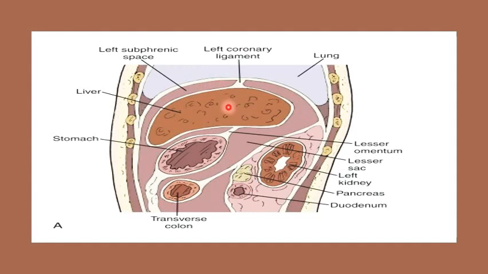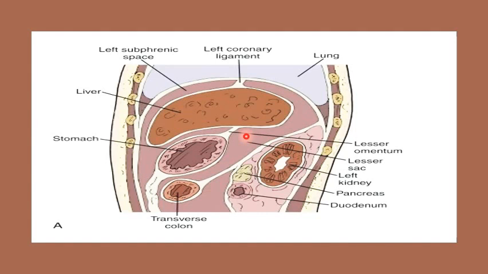Now, the left posterior intraperitoneal space is this whole space present on the left side beneath the liver. So this whole lesser sac becomes the left posterior intraperitoneal compartment. We will be discussing this one in great detail because this is important as a question and in clinical practice. So we have to know everything about it.